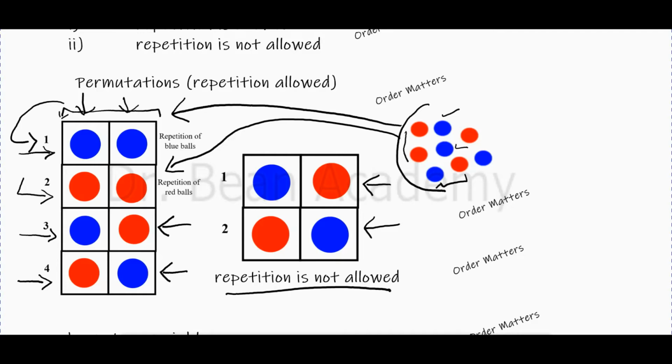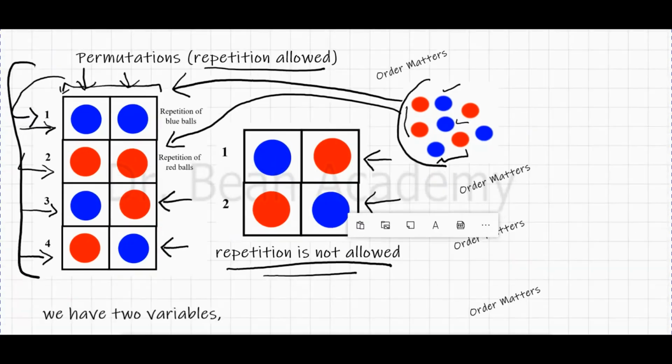So first we will talk about permutations, and there are two types: when repetition is allowed and when repetition is not allowed. So you see, when repetition is not allowed, you can make a smaller number of arrangements or permutations. But when repetition is allowed, you can make more permutations. So this is the difference. That's why we will have different formulas to calculate the number of permutations possible with that condition.